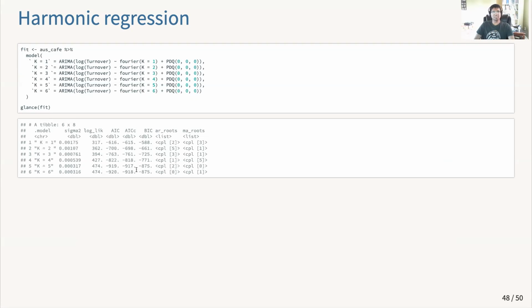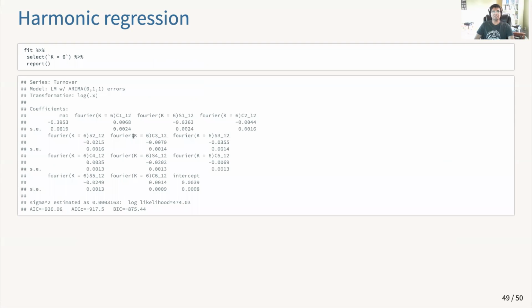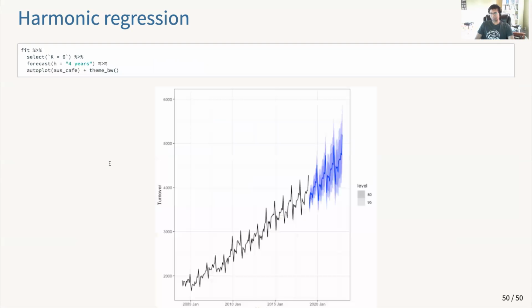So in this case, that has got the lowest AIC. And you don't see any uppercase PDQ here, right? It's a linear regression model with ARIMA errors, but with Fourier parameters, which gives you all the nice wiggliness to be able to model that.